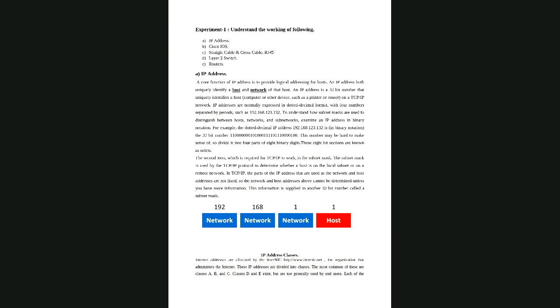Because we have different classes in IPv4 addresses, and from the value of the first octet, we can judge which class a particular IP address belongs to. For this, the binary representation has been mentioned here, which we have already discussed earlier, showing how we convert this particular number into binary.